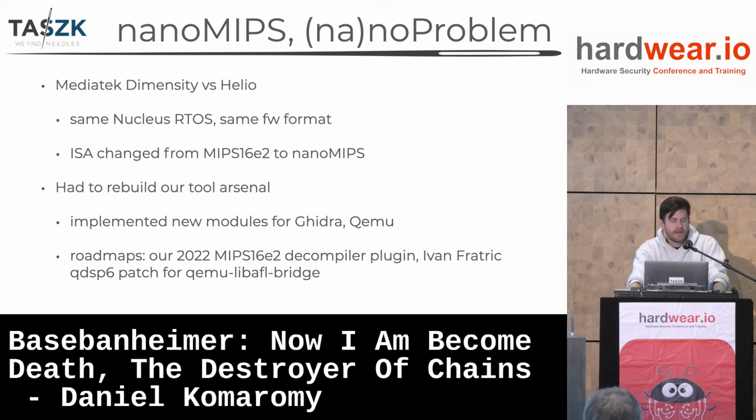It's just not there. In our 2020 blog post, when we did baseband exploitation on Helio MediaTek basebands, we explained in detail how you can write, not painfully, I would say, a decompiler plugin from scratch for Ghidra. So if you're interested in those aspects, I would encourage you to check out our blog post from last year. We basically followed that roadmap to also get support for nanoMIPS. And then in terms of things like emulation,